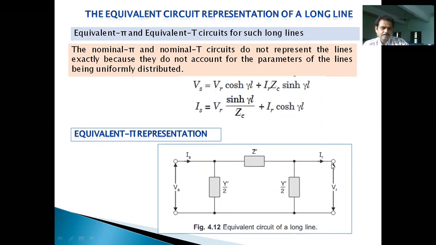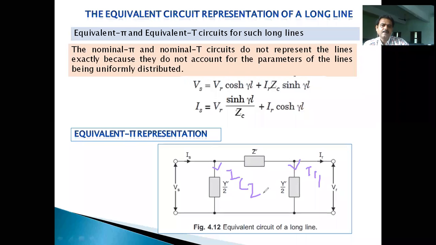So in the nominal pi model, the first step, we have obtained the current passing through the shunt branch, IC2. So we have calculated the IC2 value. This is IC1. Here it is IC2. Okay, so by applying,